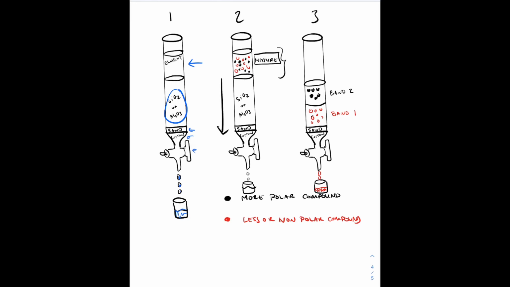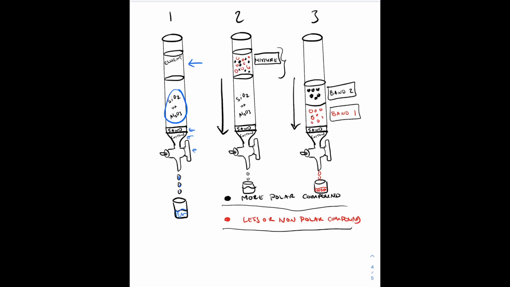That means that band 2 is going to be one organic molecule, and band 1 is going to be another organic molecule. So the red actually traveled down through that stationary phase a lot faster than the black dots. And so what that means is, since the stationary phase is polar, the red is less polar or even non-polar, and the black would be the more polar compound, because, remember,